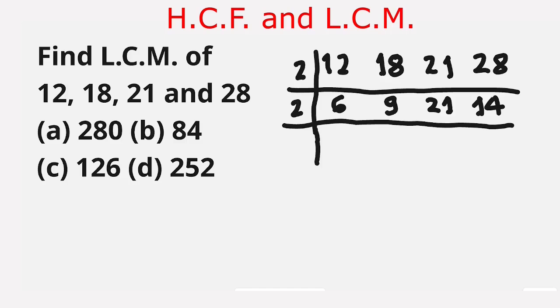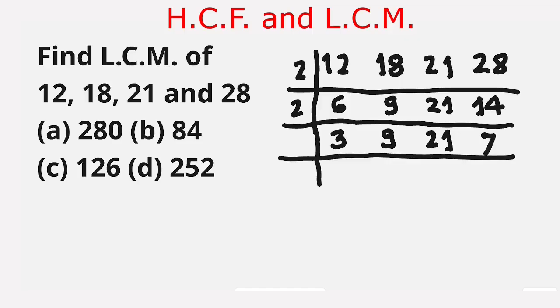2 divides 6 for 3 times. We write 9 as it is, as it's not divisible by 2. 21 we write as it is, as this is also not divisible by 2. And 2 divides 14 for 7 times. Now there is no number divisible by 2 and there are 3 numbers divisible by 3, so we divide it